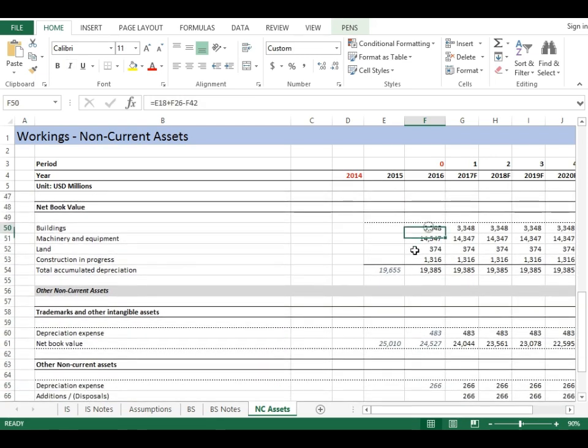Moving on, then you have net book value. How do you arrive at net book value? You take cost, make adjustments for additions and disposals, and then make an adjustment for accumulated depreciation at the end to arrive at the net book value. So this is your net book